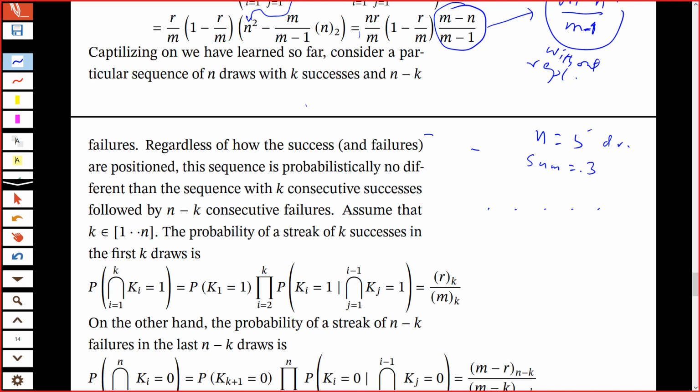Can anyone suggest a sequence of 5 draws? हर एक में मुझे आपने उस वेरिएबल की वैल्यू बतानी है। K1 की क्या वैल्यू होगी, K2 की क्या होगी, K3 की क्या होगी, K4 की क्या होगी और K5 की क्या होगी। पॉसिबल वैल्यूज बताएं मुझे।